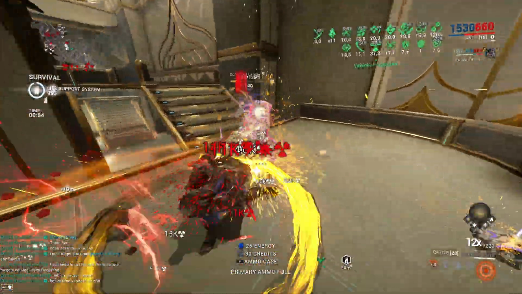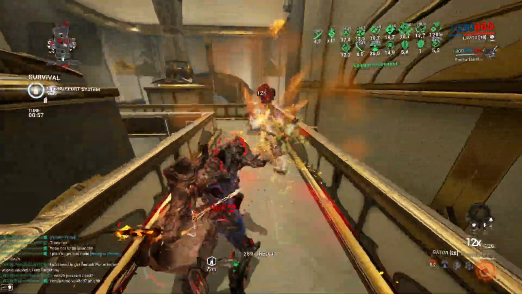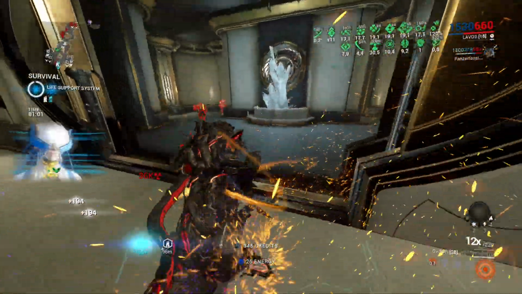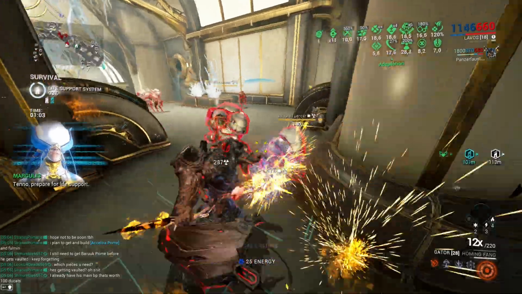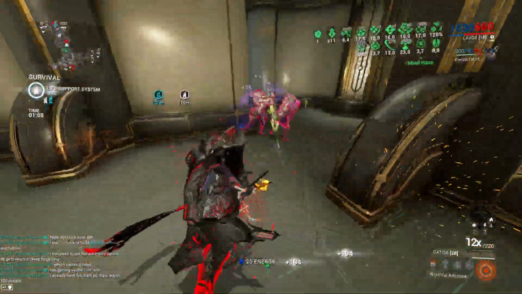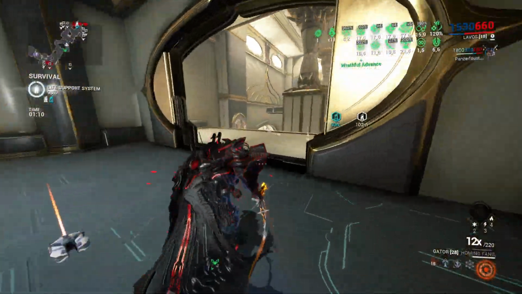Because you can proc your melee influence. And then you can swap to radiation once you have the melee influence up. So you could go full radiation value, or however you want. Because Lavos is an elementalist. But look at the difference without Wrathful Advance. Without Arcane Avenger,